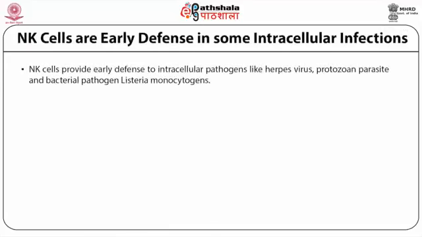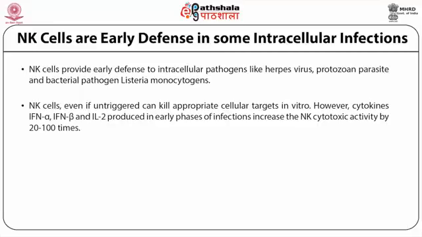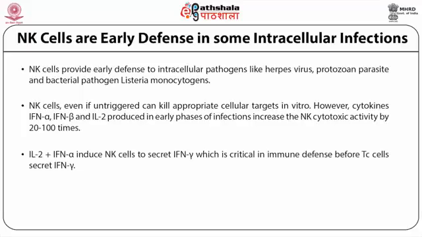NK cells provide early defense to intracellular pathogens like herpes virus, protozoan parasites, and the bacterial pathogen Listeria monocytogenes. NK cells, even if untriggered, can kill appropriate cellular targets in vitro. However, the cytokines IFN-alpha, IFN-beta, and interleukin-2, produced in early phases of infection, increase the NK cytotoxic activity by 20 to 100 times. IL-2 plus IFN-alpha induce NK cells to secrete IFN-gamma,